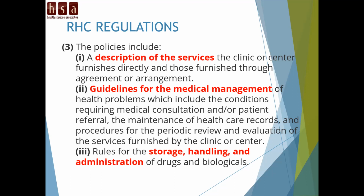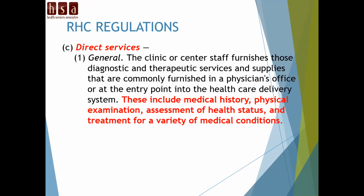Because they said, okay, our policy says we use UpToDate. They pulled UpToDate and said, well, if this happened, we would notify this, we would give them these instructions, exactly what was required. But why they had to have it has to do with the law, guidelines for medical management, how you're going to store your drugs and biologicals. That you're going to have these things in your patient note, in your